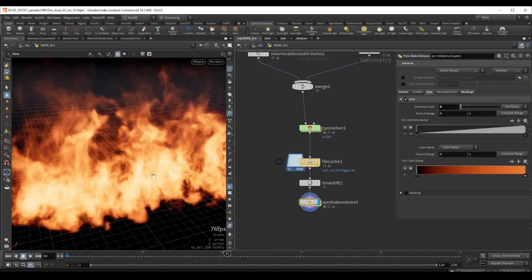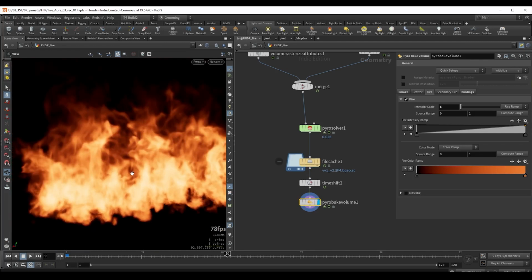But really the material is created entirely in Redshift, and this is again just for viewport purposes. So this is the setup for how to build all of these effects and all of the layers. And in the next lesson I want to show you also how I render these layers. All of the renders have a very simple setup, but there are a few tricks here and there, so I just want to go over real quick the material setup and some of the render settings that I